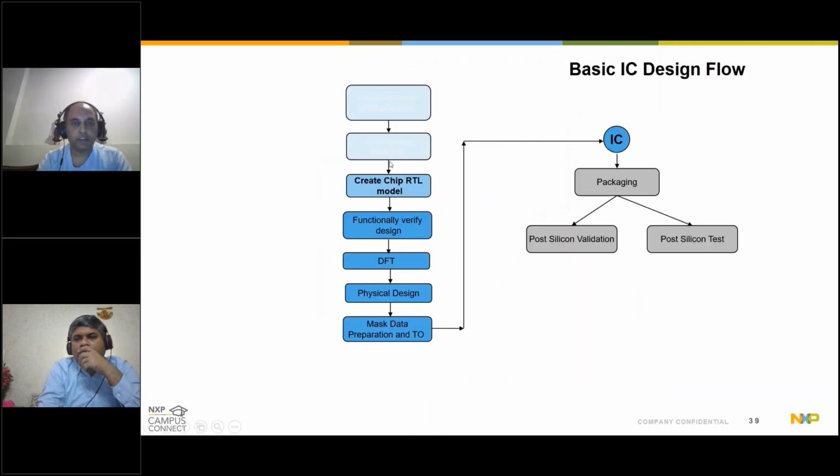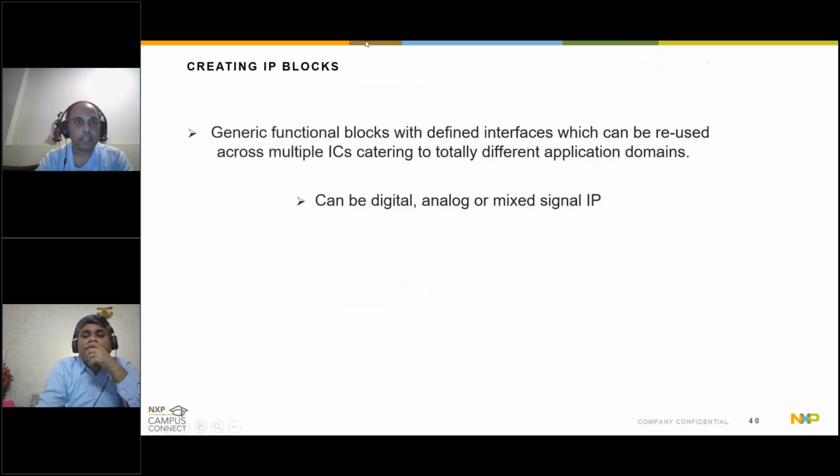Okay, so now you have your block diagram for your chip ready, and you want to put together the RTL for your design. RTL could be in any hardware description language, Verilog, VHDL, or a combination of them. Imagine, today we are working on SOCs which may have more than 100 million transistors in a chip. No one will write each and every line of RTL code from scratch when building a chip with 100 million transistors, and time to market is very, very important.